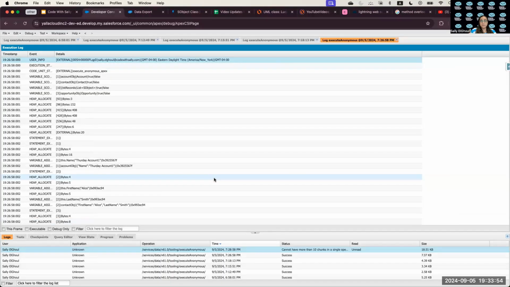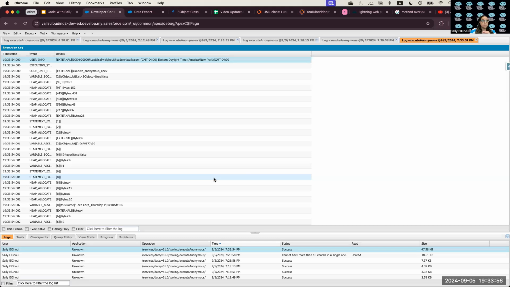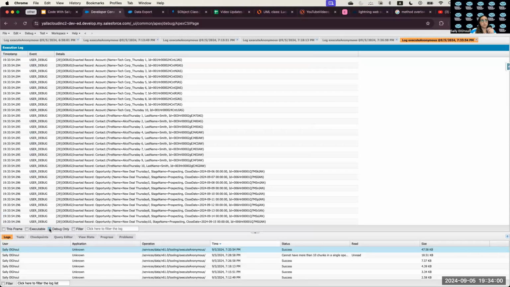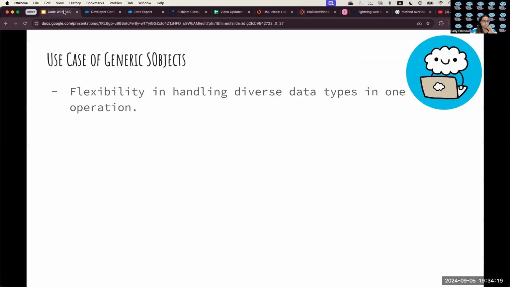So if I run the same code now, but with 3 different loops, we didn't get the previous error that we got. And now you'll see that 10 accounts got created, 10 contacts got created, 10 opportunities got created. So in total, I have 30 records that got created with only one DML statement. Okay, so that's the idea behind